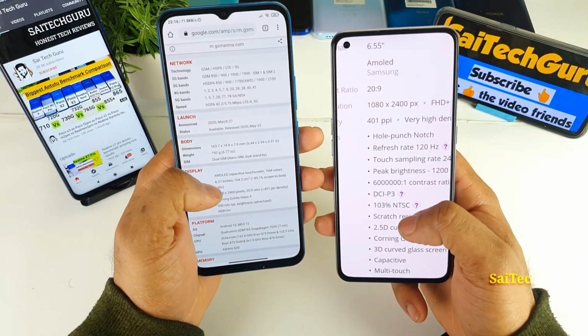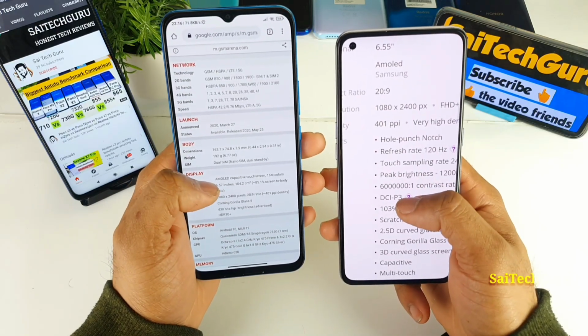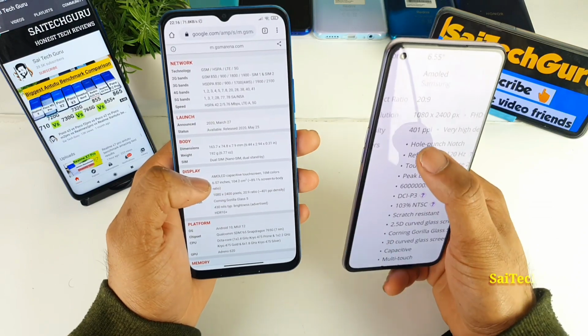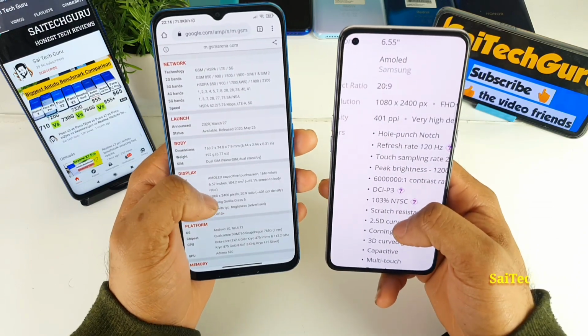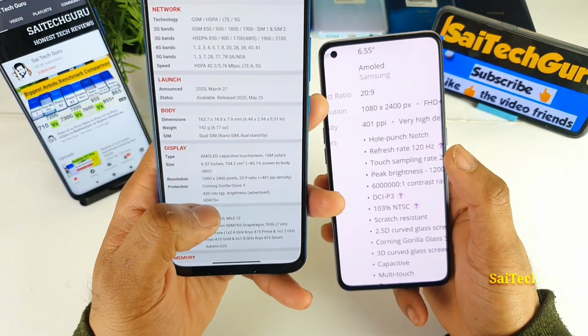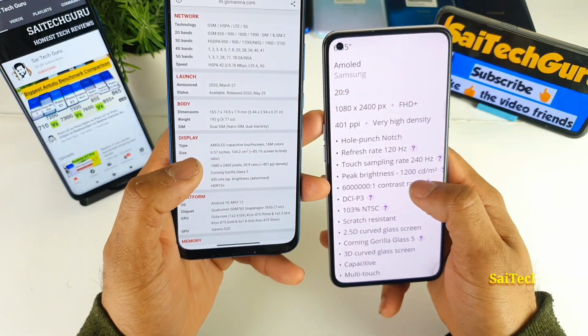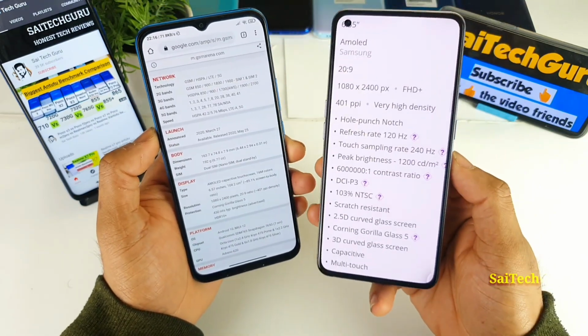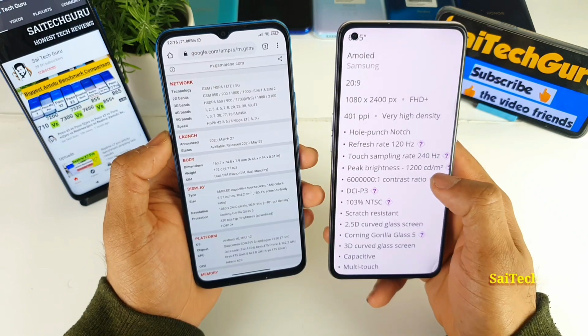Next is screen size, and the screen type: AMOLED versus Super AMOLED. Resolution and pixel density are the same, and Gorilla Glass 5 gives the same kind of protection. It has 430 nits of brightness, and 1200 nits in automatic mode. Under sunlight, you will get this kind of maximum peak brightness.